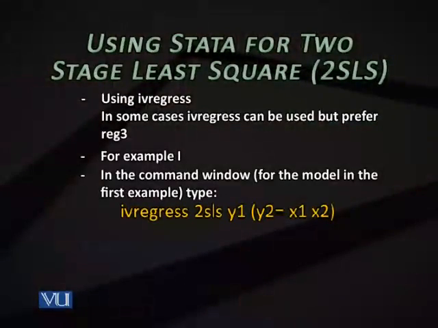Now let's move to another command, that is instrumental variable regress, IV regress. If you want to know about this command, you can just type in help IV regress. You will get a help window. You can scroll down, you get the menu. Menu means how you activate the IV regress command by using the graphic user interface. Later on, if you scroll down, you will get the options that you can use and examples, including the example files in Stata, or you can download them. There are various examples which show you how to use IV regress.